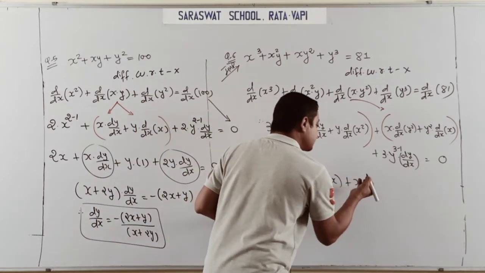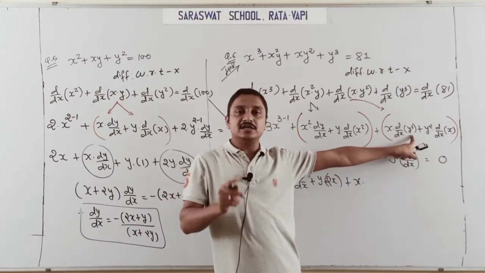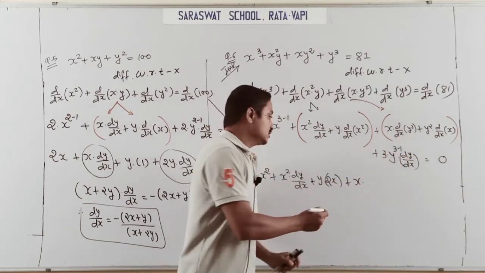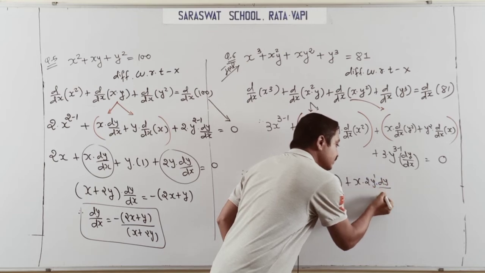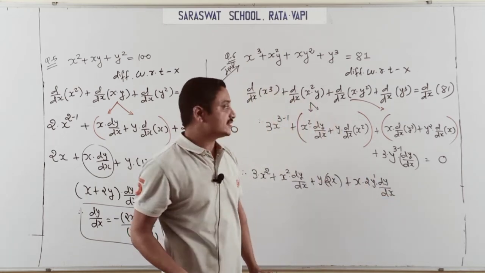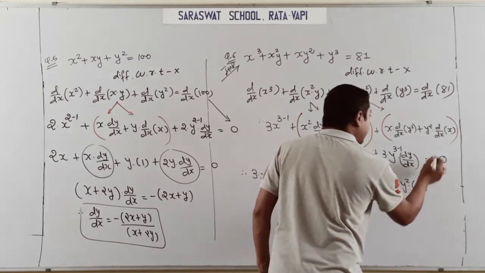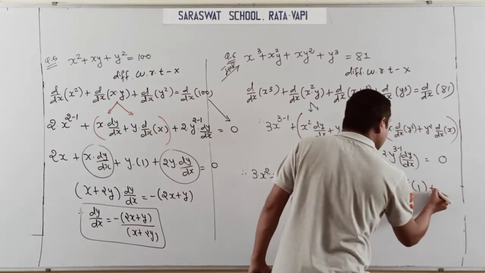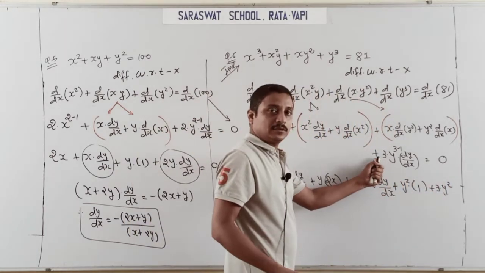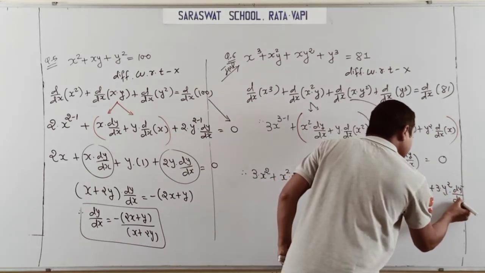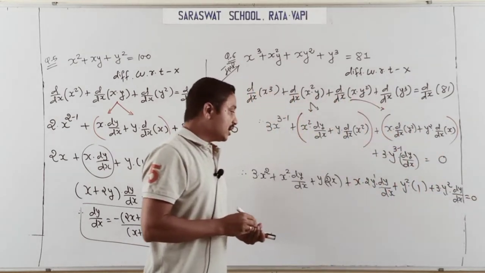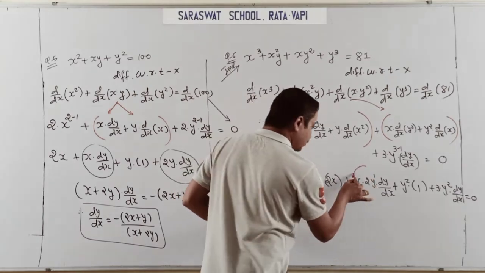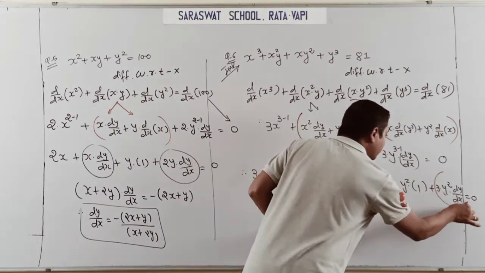Continue, move ahead. Now students, carefully listen. Y square derivative: first the power derivative, after that y with respect to x. So 2y to 1, but the y derivative, yes, dy by dx. Continue. Y square, here the x derivative with respect to x is 1. And lastly 3y square into dy by dx is equal to 0, it says. Now, students, I just focus on that dy by dx comes, and this dy by dx comes.